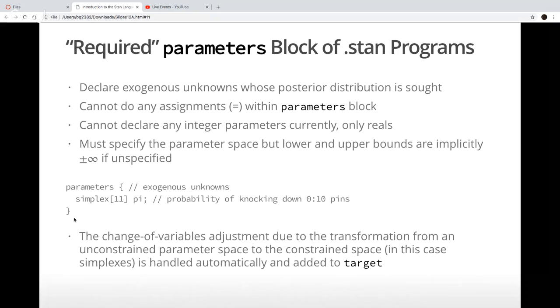And like I said, Hamiltonian Monte Carlo is going to be working in the unconstrained real number space. So it has to make transformations from the unconstrained real number space where it's doing the HMC thing to the constrained parameter space you may declare in your parameters block.